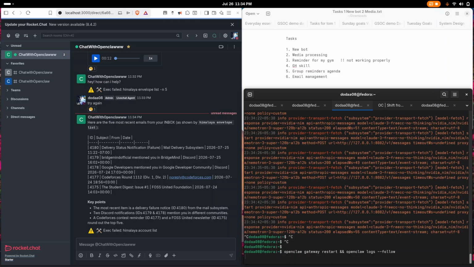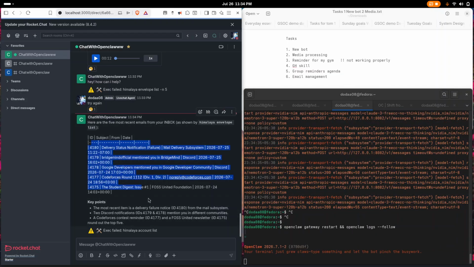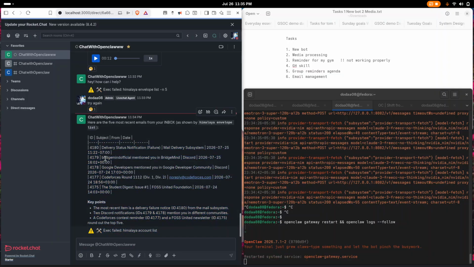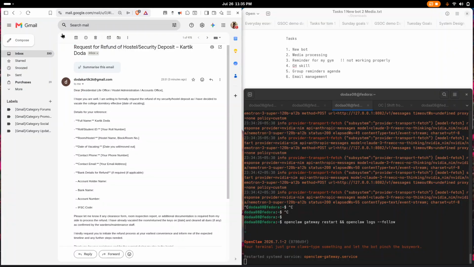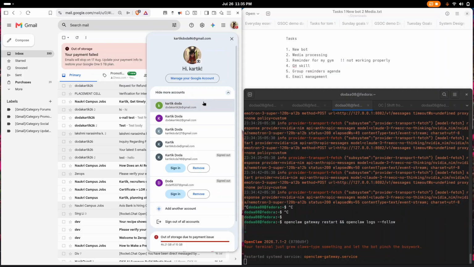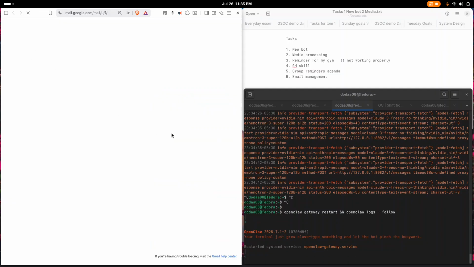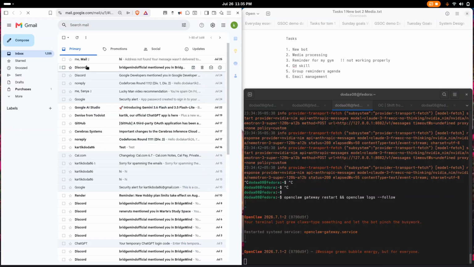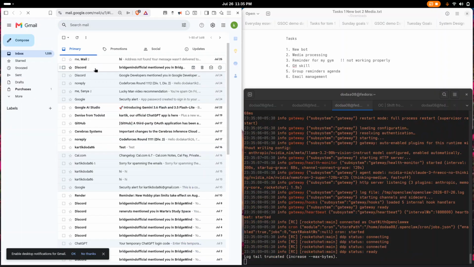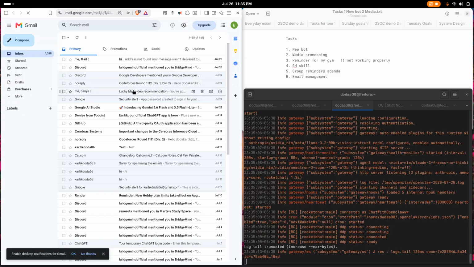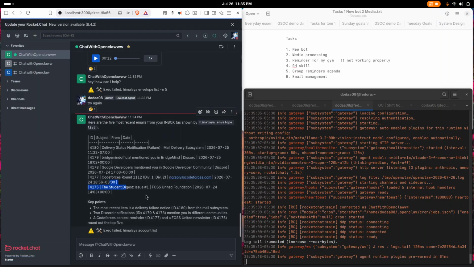Not the very cleanest format, but it is able to do that. As you could see, these are the emails which I have received: Bridgemind official, Google developers, Codeforces. I can confirm it from here as well. Nothing has been mocked here, and these are the emails: Discord, Bridgemind, Google developers, Codeforces. It is able to fetch all the recent emails which I had. So yeah, these are the demos which I